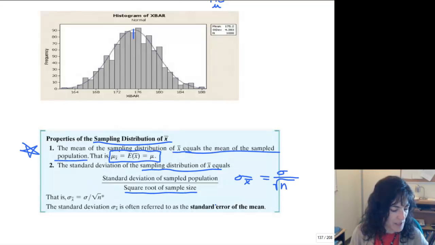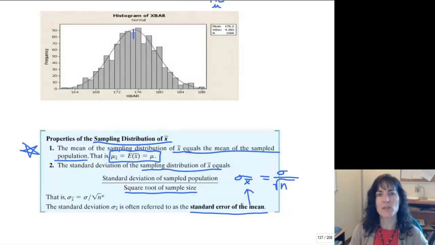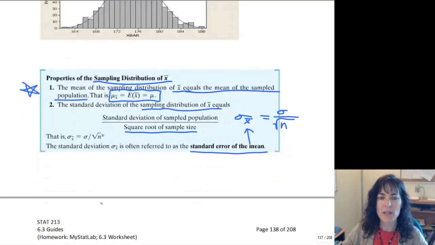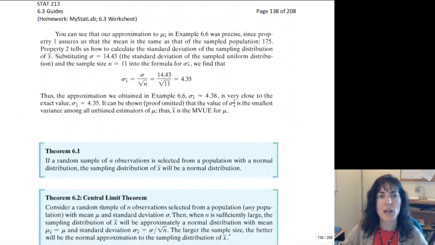So I'll write that sideways how we're used to seeing it. And this standard deviation we also call the standard error. So that's the same thing as our standard error. We look at those as synonymous, but we are dividing our population standard deviation by the square root of our n. So the bigger the n is, and we'll look at this in a second,